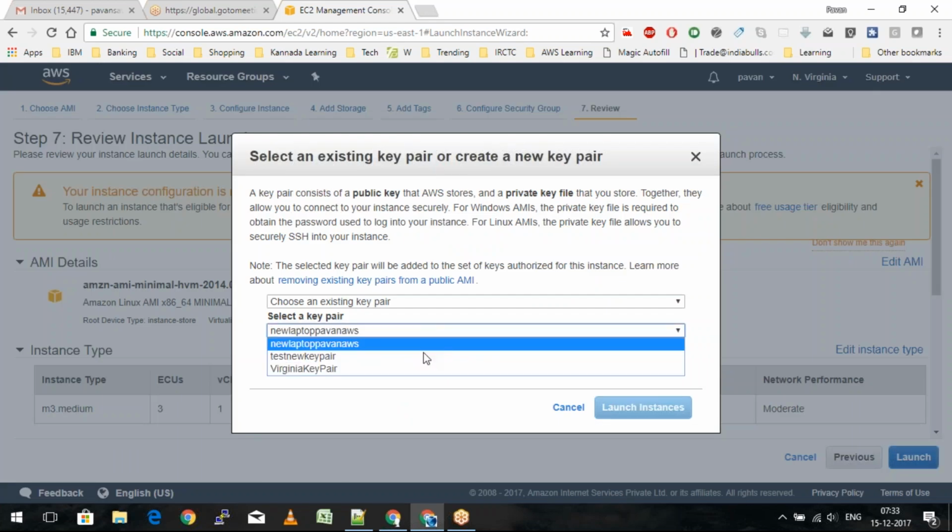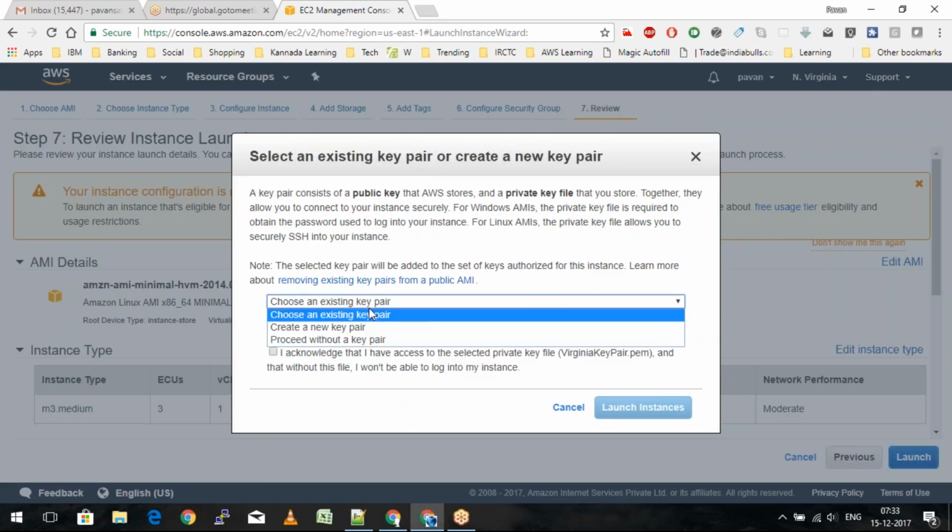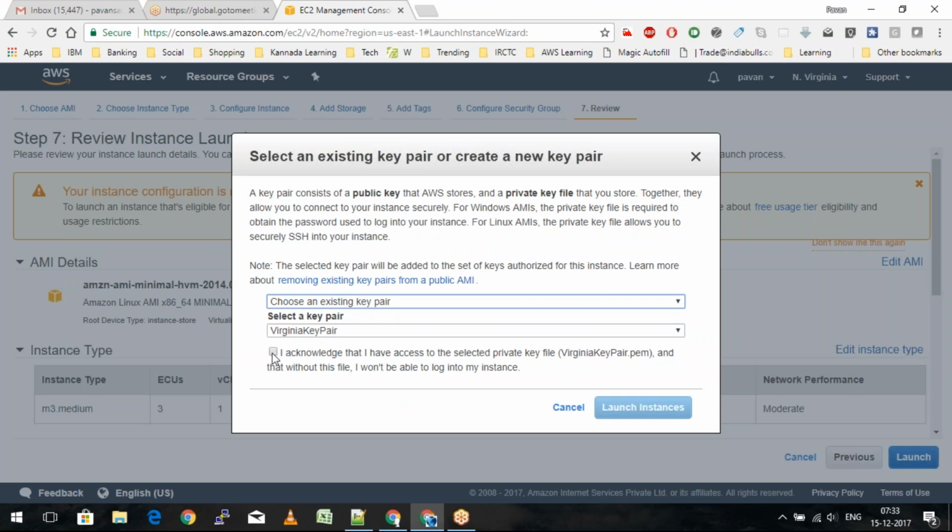I'm going to pick up the Virginia key pair. I'll just say choose. Okay, and I acknowledge I have it, and launch instance.